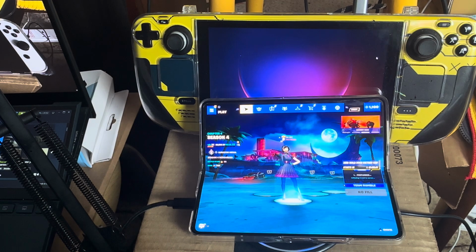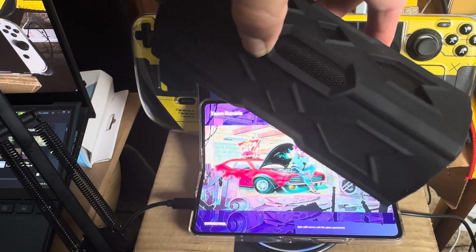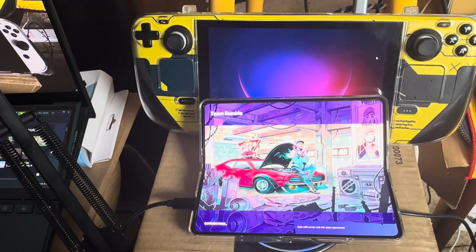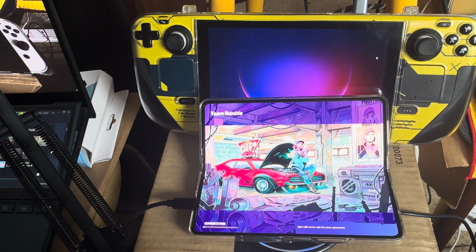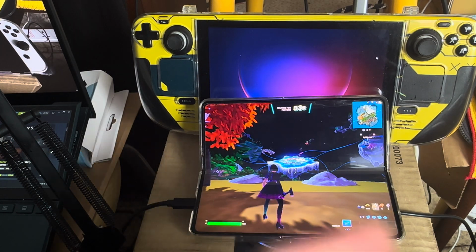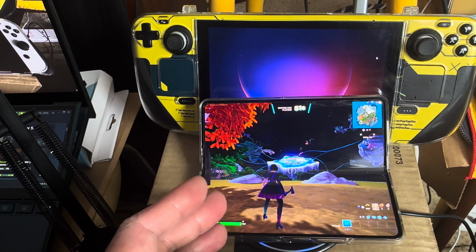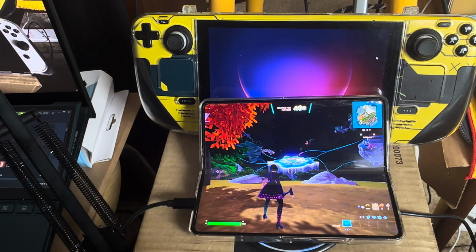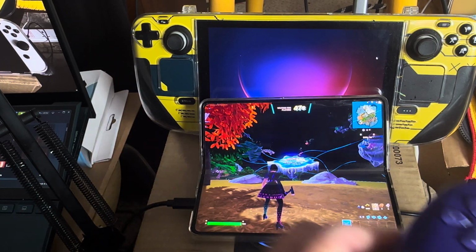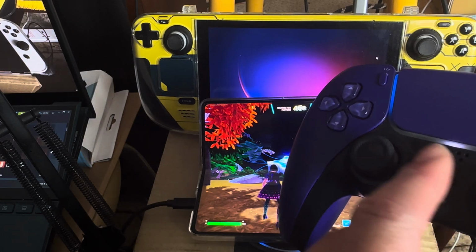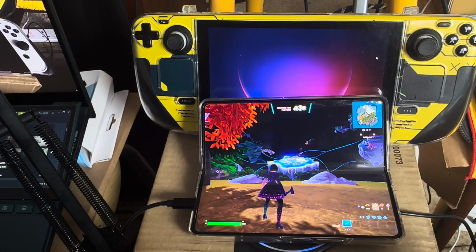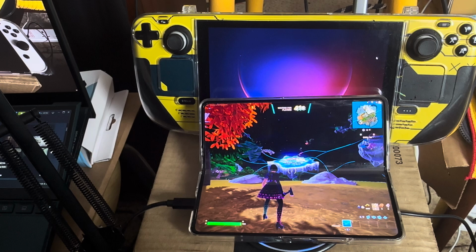For sound, how am I getting the sound to play? It's Bluetooth speakers in the background here. That's a Bluetooth speaker. That's where all the sound is coming from. And why am I doing it this way? Because in the past I was connecting the DualSense controller directly to the Samsung Galaxy Z Fold 4, and what would happen is the sound would go naturally into the DualSense controller, which I hated. So a workaround that I found